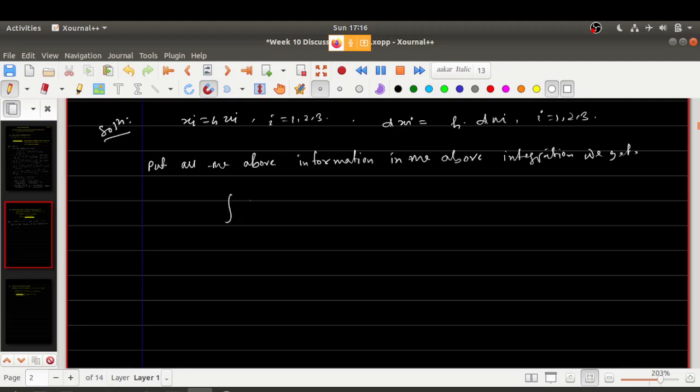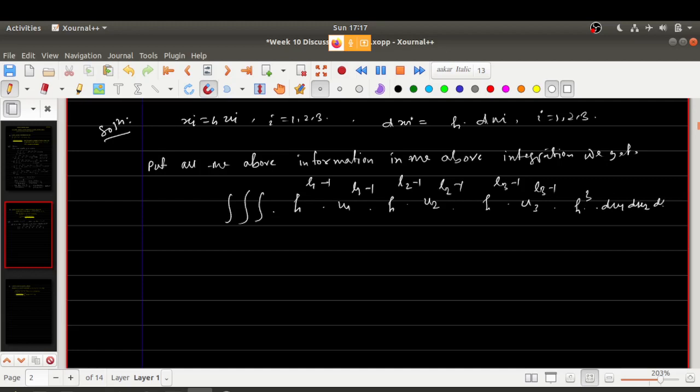In the triple integral we put h power L1 minus 1 times u1 power L1 minus 1, and for x2 again h power L2 minus 1 times u2 power L2 minus 1, again h power L3 minus 1 times u3 power L3 minus 1, right? And then dx1 dx2 dx3, so h cubed will be there,